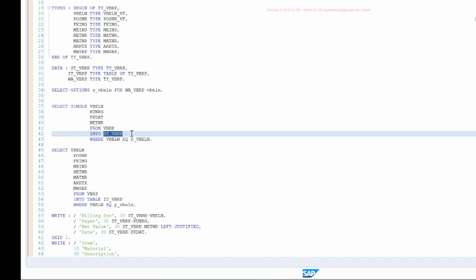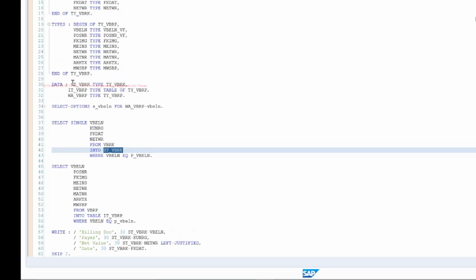If I give 10 documents in the selection screen, then when I query VBRK, I should get those 10 rows for the 10 documents, right? So now our header also will receive multiple records. I cannot use the structure anymore, because a structure can only store one record. So I have to use an internal table here also.